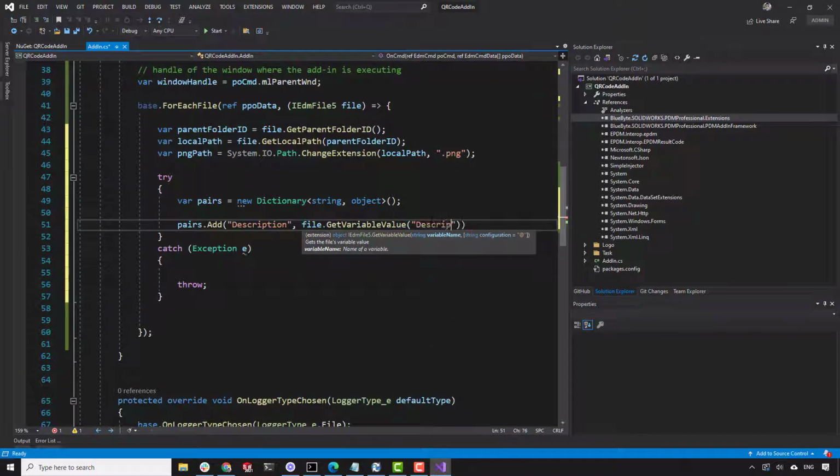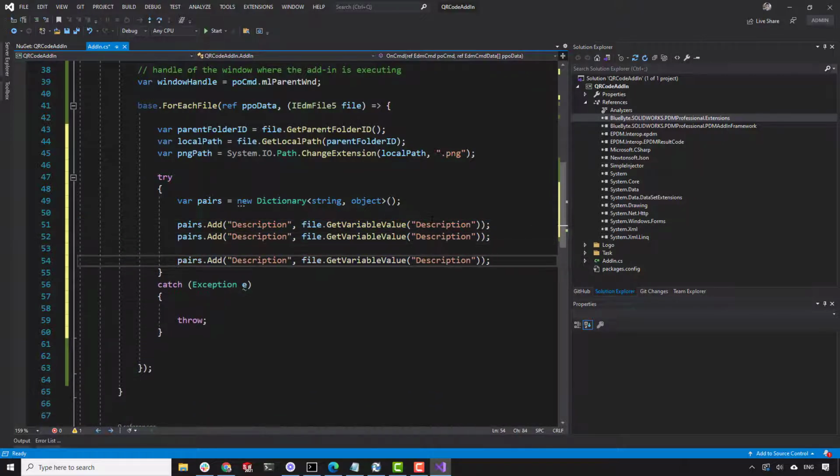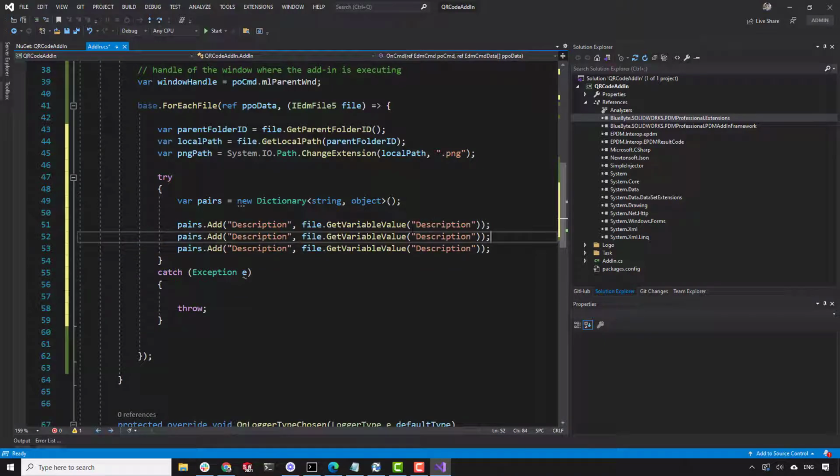Now it's going to take in the variable name, and I'll do the same thing here as well. Let's just use 3, I guess. Let's call this part number,